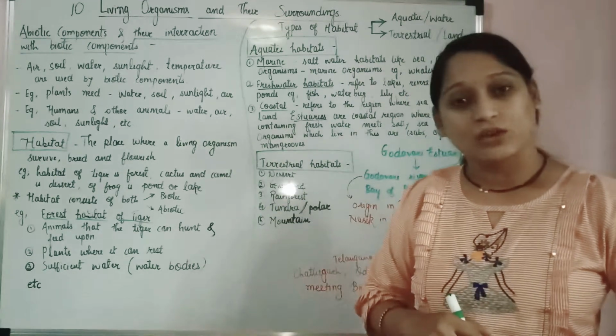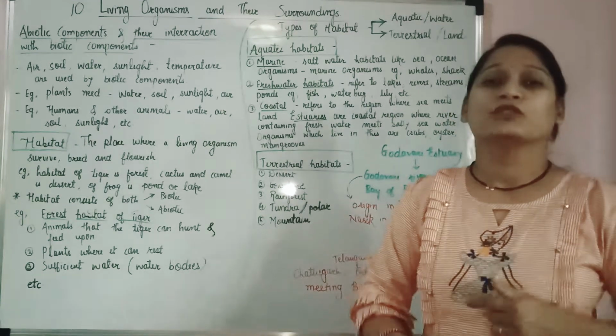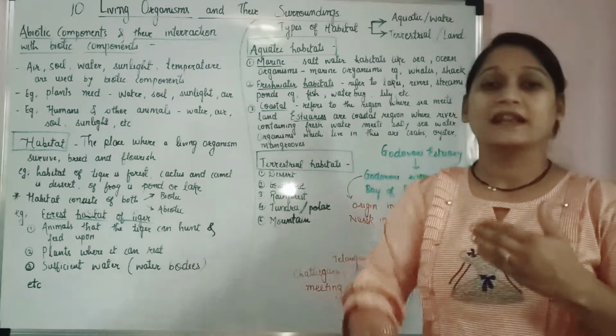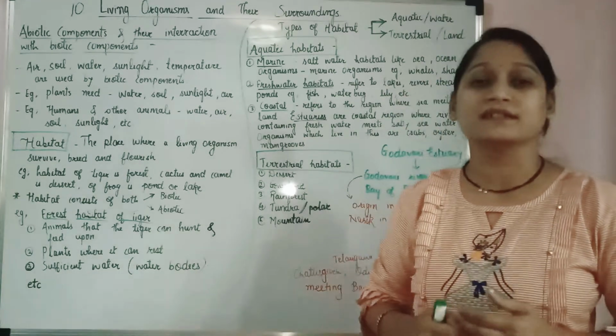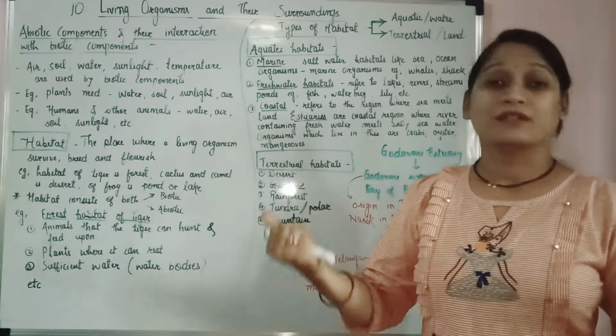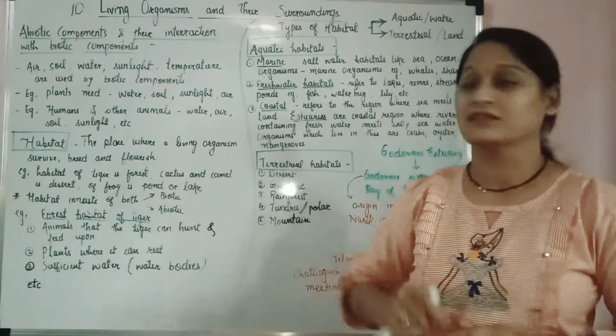Air contains oxygen in it and human beings require oxygen for the respiration process, right? In respiration what are we doing? We are inhaling the oxygen through our nostrils and we are exhaling the carbon dioxide through our nostrils only, right? Where is the oxygen present? Oxygen is present in the abiotic component, that is air, right?